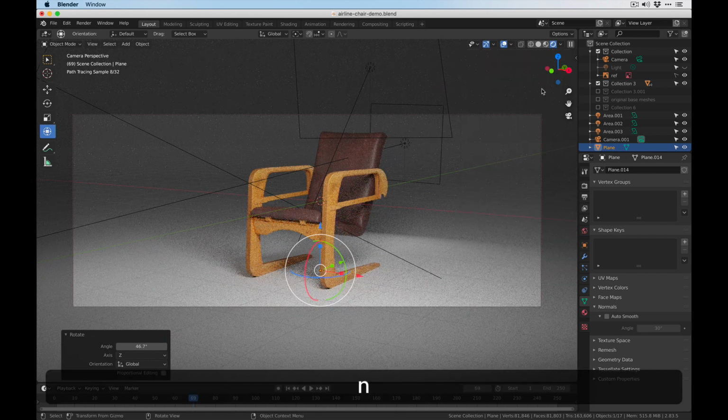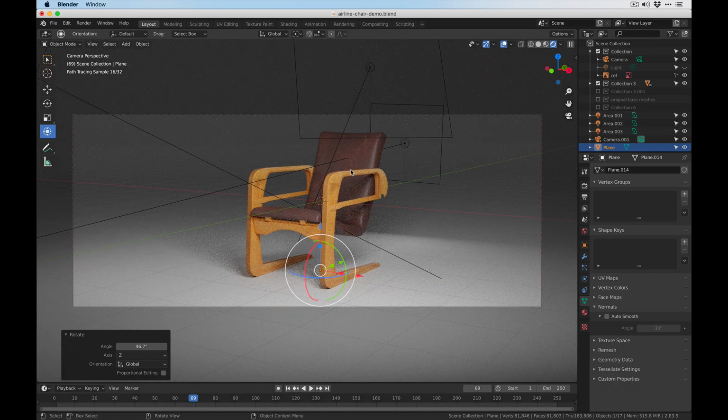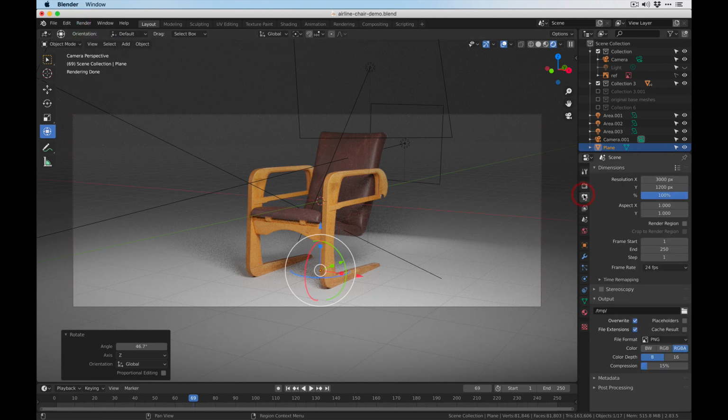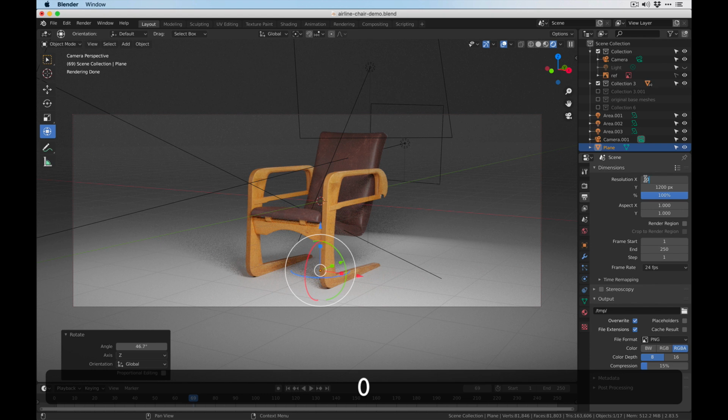Okay, I'm going to press N on the keyboard to collapse that panel. And let's just take a look at what our render looks like. So if you come up to Render and click on Render Image, it will look at your scene's render settings, which looks like a printer icon, and you have a resolution set up. So we can see I've got a wide resolution set up here for the render I'm going to do for the website banner. But you might have something more like